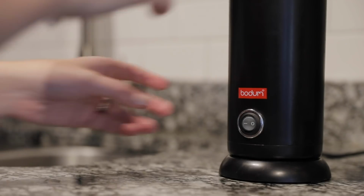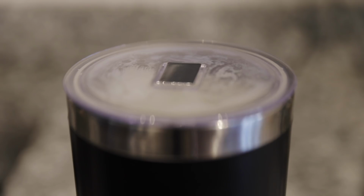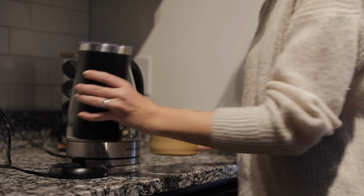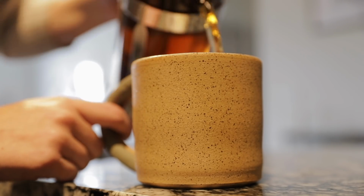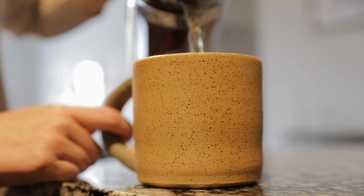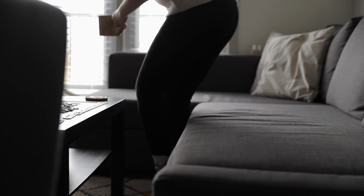oat milk into it. I love a good tea latte, and this milk frother does such a good job of just perfectly foaming the milk. And it just takes a couple of minutes for the milk to heat up, so usually by the time that finishes, my tea will be ready to go as well. So I'll start off just by pouring the tea into my mug, and then I'll top it off with the frothed milk after that. And then I'll bring my tea over to the couch to begin the coziest part of